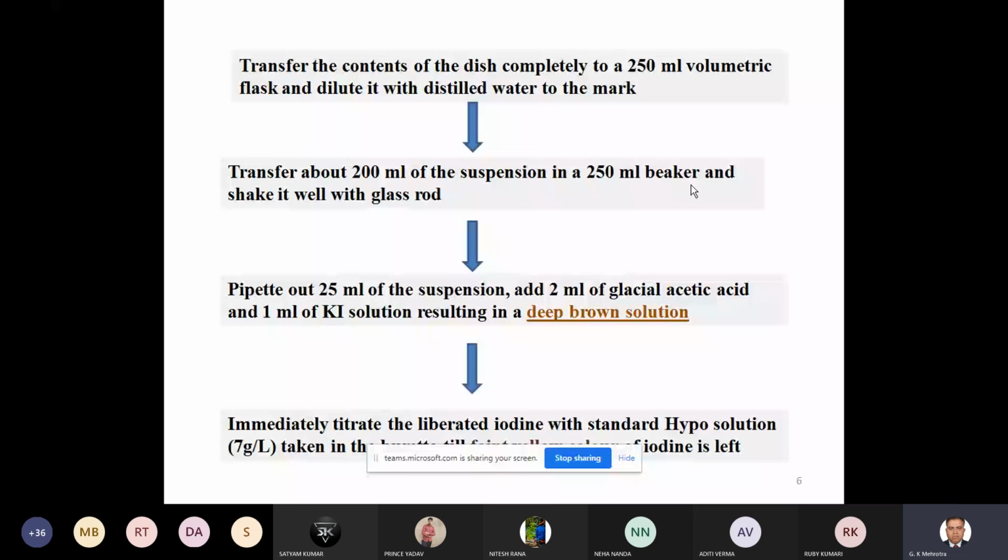Since we have already made a paste of it, we cannot go back to take the weight of the porcelain dish and then subtract the third weight from the second weight to find out the exact amount gone. Here, as far as weight is concerned, what is taken in the titration is 1.5 gram, assuming it has maximum gone into making solution.